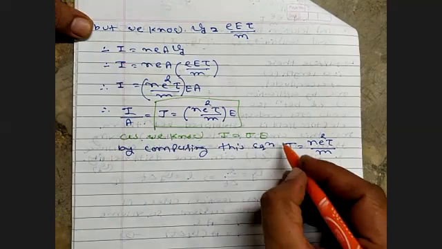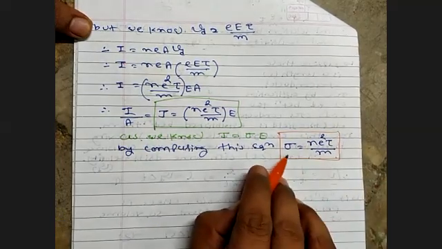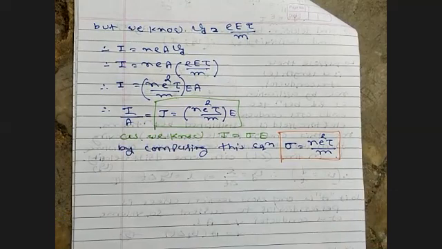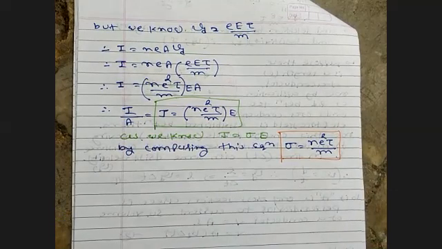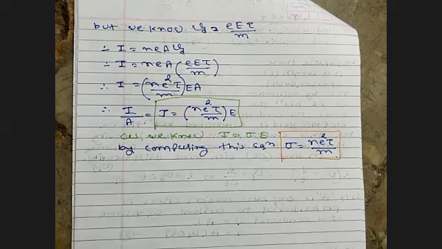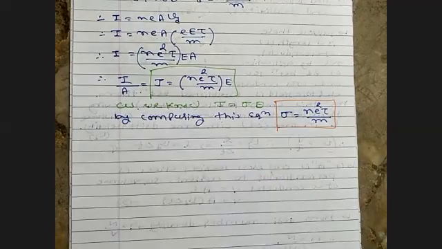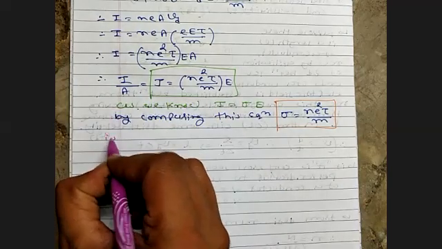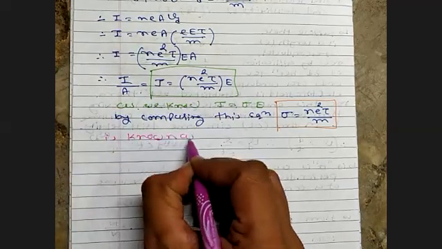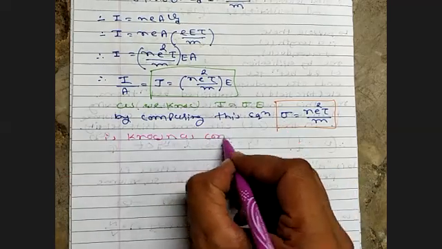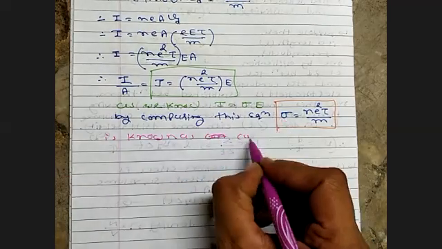That is the conductivity of any conductor, and that is the microscopic point of view. You have not dealt with it ever before, but in this chapter we go deep into this type of theory, so it is a very interesting point of view. So sigma is equal to N E square tau upon M, and it is known as conductivity.